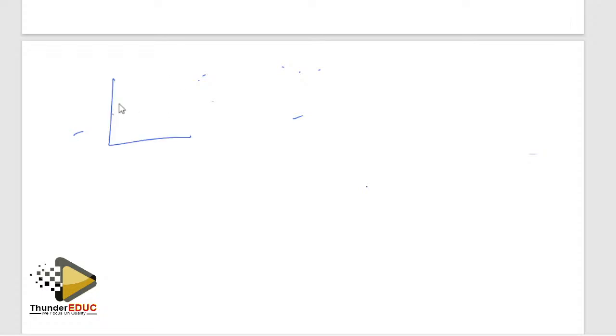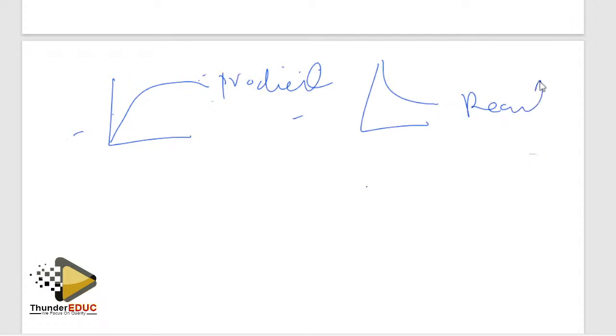Guys, you need to know that when a line goes like that, it is a product, and when it goes like this, it is a reactant. Products are always increasing, and the reactants are always decreasing. In most cases, the products start from zero. If they don't start from zero, you will see them doing it differently. The statement is saying in most cases; it does not mean that it starts from zero always. That's number one. Number two,